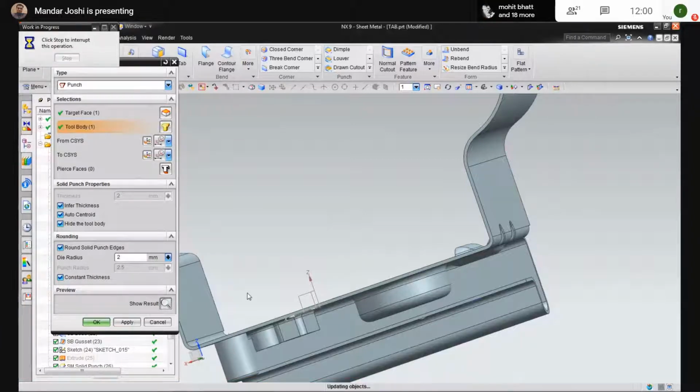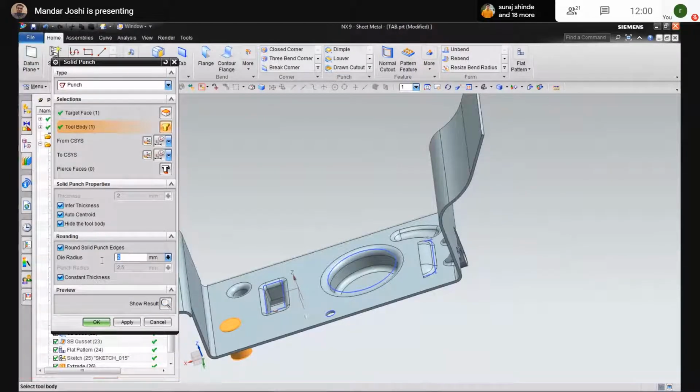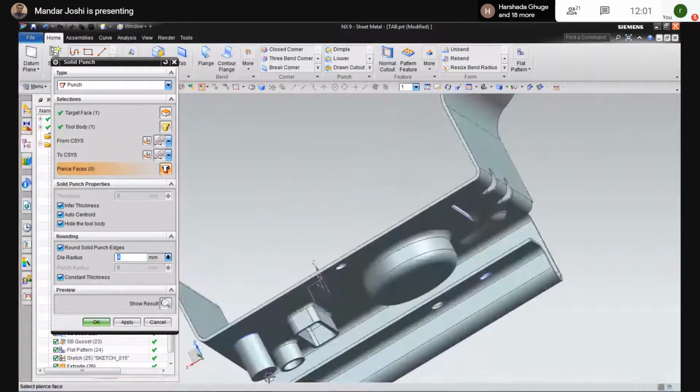But as we discussed earlier, the radius becomes 4 instead of 2. And I want to open the faces also, just like the louvers. Then use the pierce face button. See carefully. Select the pierce face button, and select the face which you don't need, just like the shell removing faces.